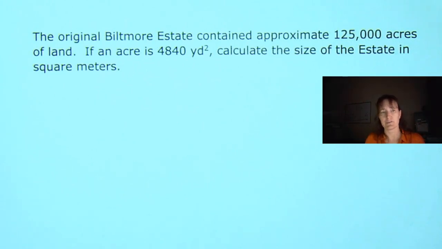So if you read through this, the original Biltmore estate contained approximately 125,000 acres of land. If an acre is 4,840 yards squared, calculate the size of the estate in square meters. When you go to do a problem, it is a good idea to envision what this is saying. And so there are two pieces of information